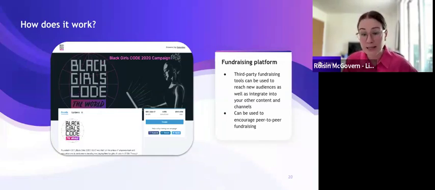And on this particular example of a donation page powered by DonorBox, you can see that you can add images, logo details, and updates to personalize the page and really make it your own. And DonorBox's unique selling point is really that they make the donation process so seamless and very quick for the donor to avoid any drop-off on the donation page. So really giving that high quality digital experience to donors.